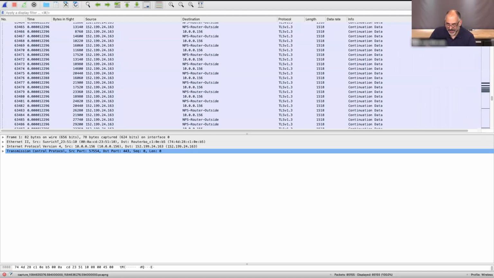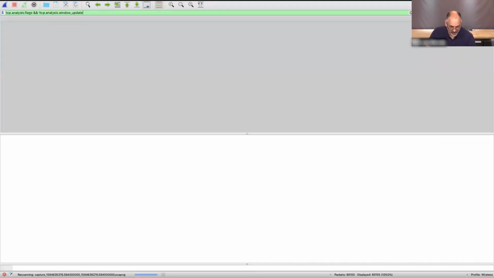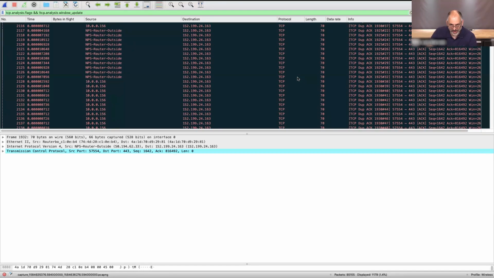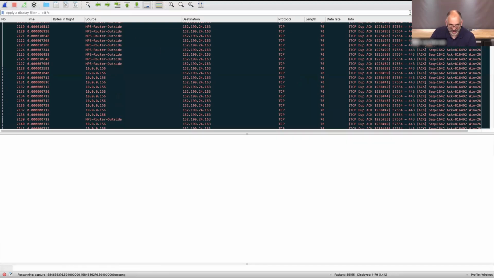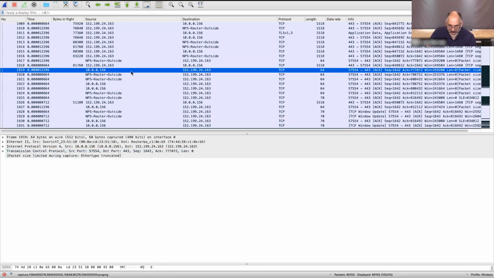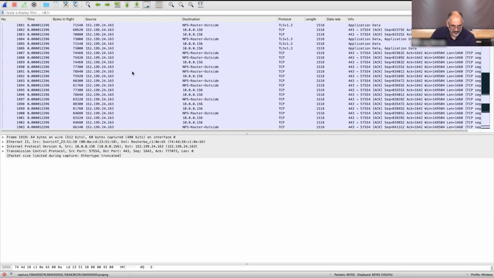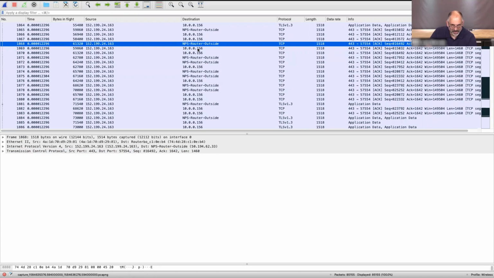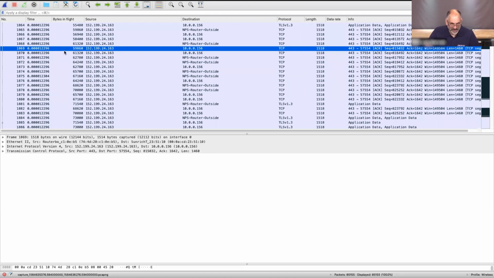In fact, I've got filters set up in my profile where I could say, hey, run the bad TCP filter. This is going to show me where my duplicate ACKs are. So I could see those dupe ACKs going out. I'm going to clear this, but I want to show you in here. Here's an example of, let's get some data packets here. And that is that we can see that we've got this traffic coming in from the outside, hitting our outside router. Then that packet comes in and comes in here,